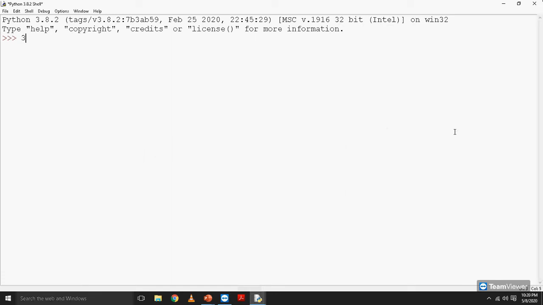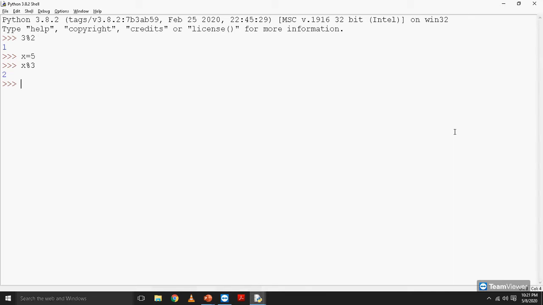3 % 2. The answer is 1. So you can see that it is giving us the remainder after dividing by another number. 3 is being divided by 2 and the remainder is being shown. Now I'll assign a number to a variable and then divide it by another number and let's see what remainder we get. I'll assign a value of 5 to the variable x, x % 3. So 5 will be divided by 3 and the remainder would be shown here. 5 after being divided by 3 would result in a remainder of 2. So the output should be 2 here. This is the way the percentage operator or the modulus operator works.